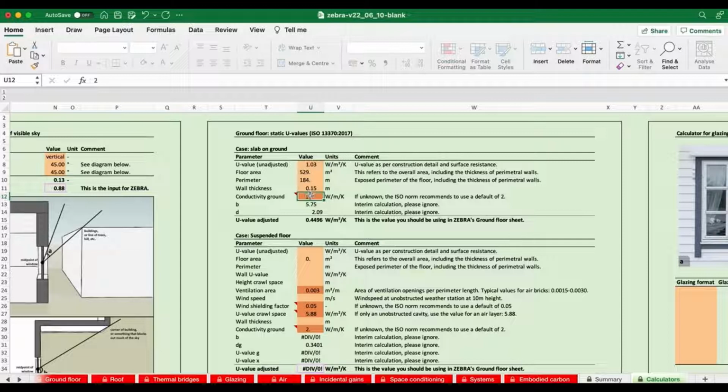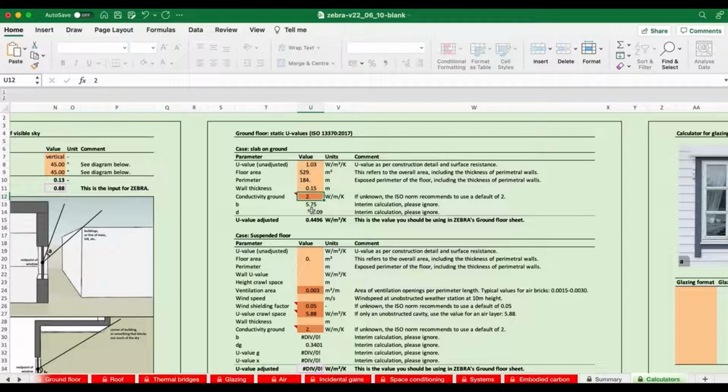The ground conductivity, we're going to use the default value because we're stage 1 modeling here, early stage design. We just really don't know, so we're using all the Zebra defaults, and that comes up with an adjusted U value of 0.4496, and you can see that's actually half the value roughly of the 1.3 we started with. So the fact that the building is in contact with the ground halves the heat transfer through the ground floor slab, as you might expect.